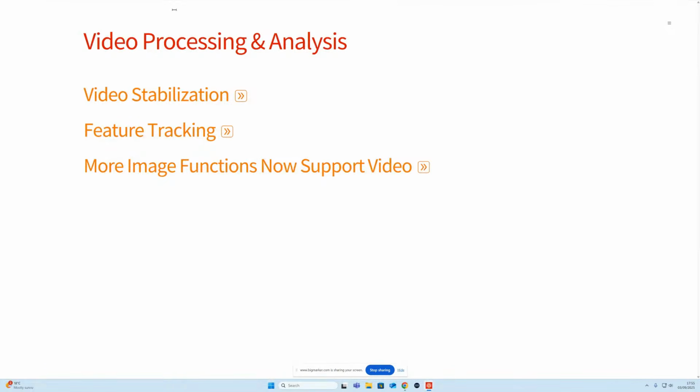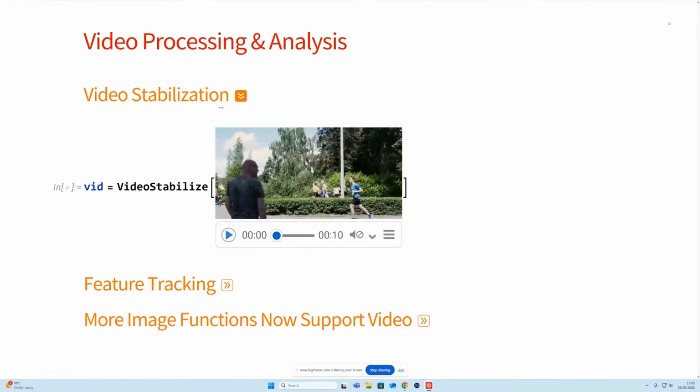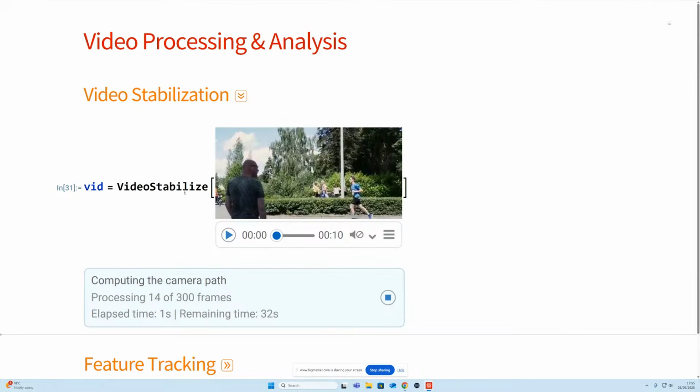Zooming back out to something that's a bit more accessible if you're less technical, video processing is something we've been building on top of the image processing for a while. The most exciting thing here, I'm doing it slightly backwards, because video stabilization is a very accessible thing to look at. Let's run this first of all, and then I'll explain what happened. But it's actually a special case of a more general and more useful underlying feature that we've added, which is